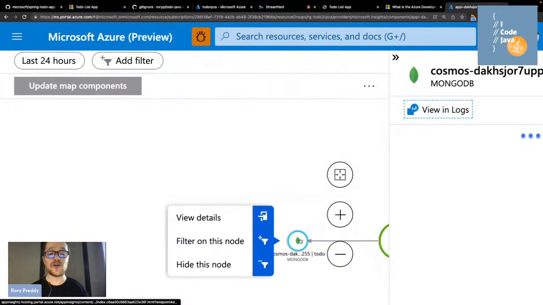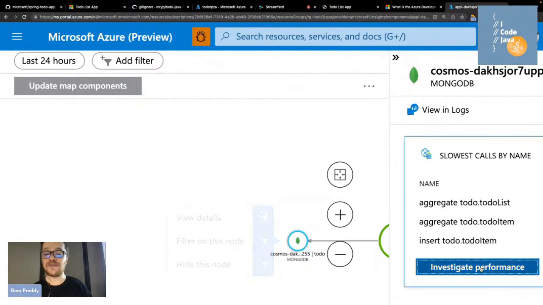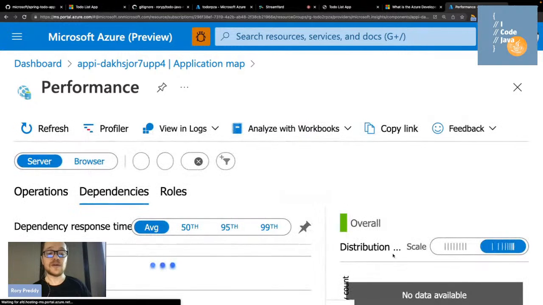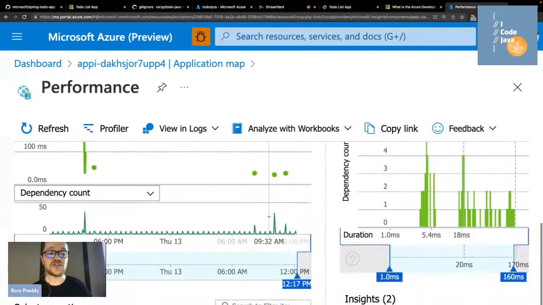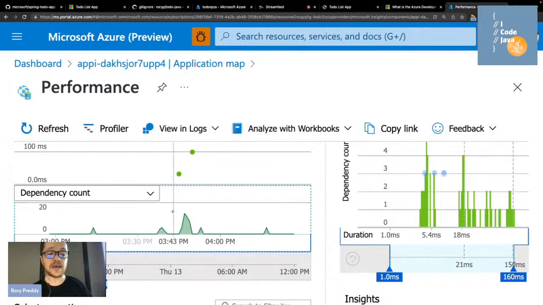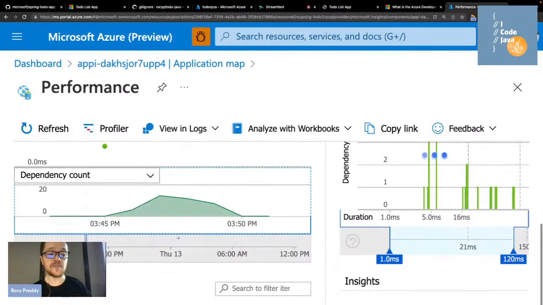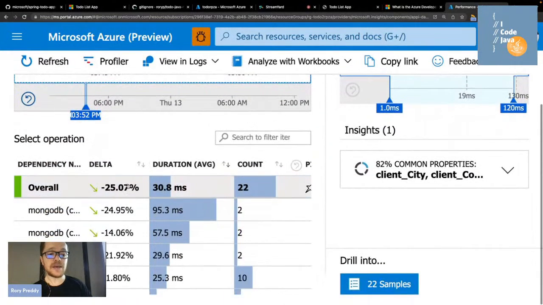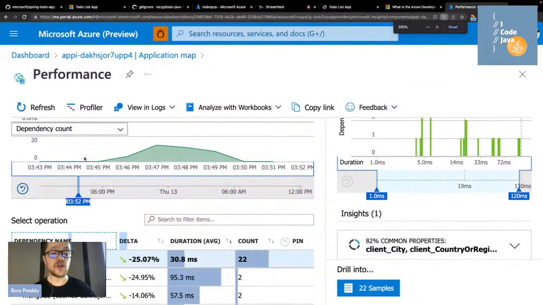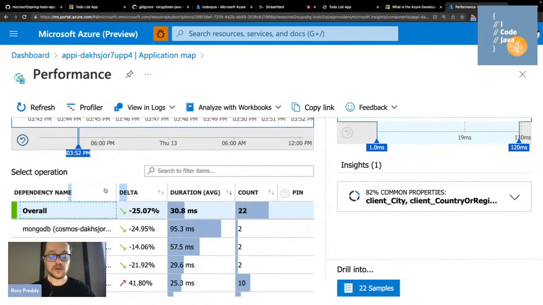Now that we know that we're using the CosmosDB database, I can actually go and investigate performance. I can go there, and now I can actually see the views that I've got. I can zoom in there with my Azure, and I can say, okay, what happened there? And I can see the speed was improved, and I can go in now and globally distribute it according to the location. So let's go a little bit smaller.